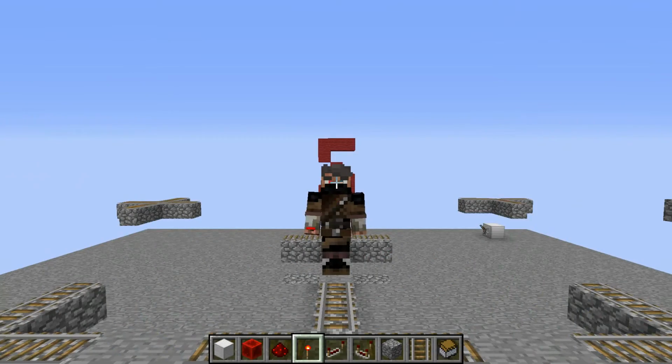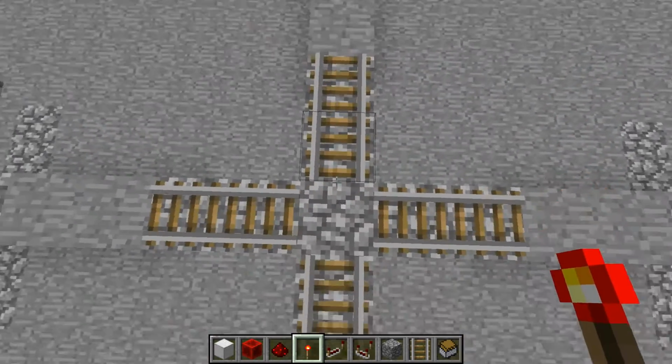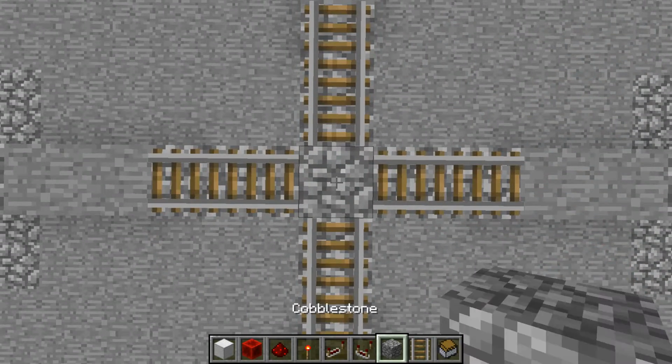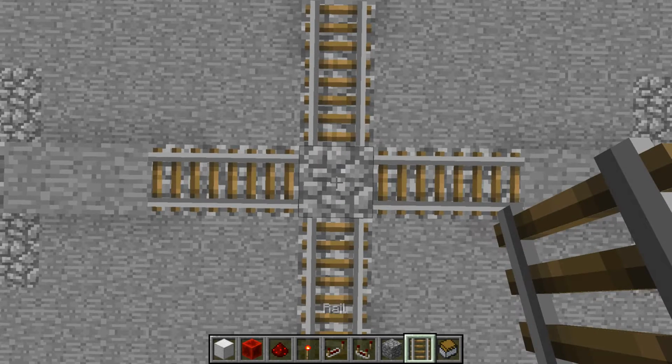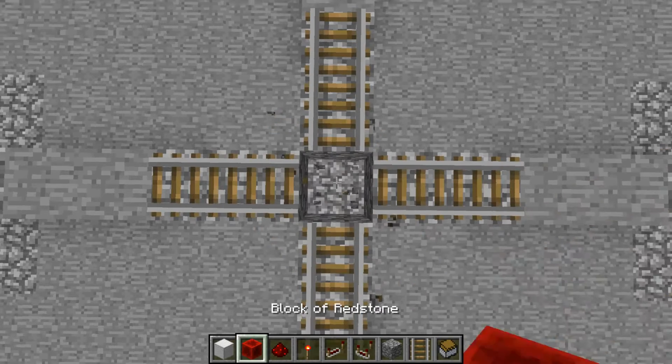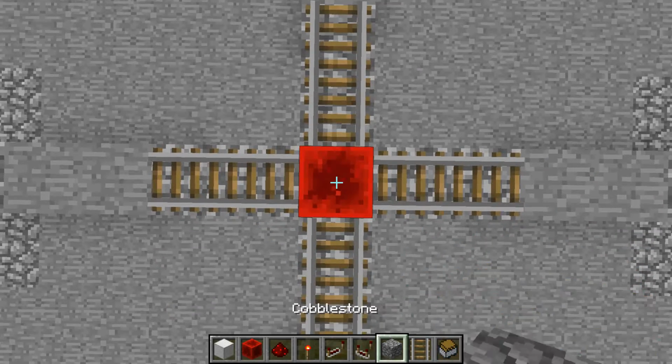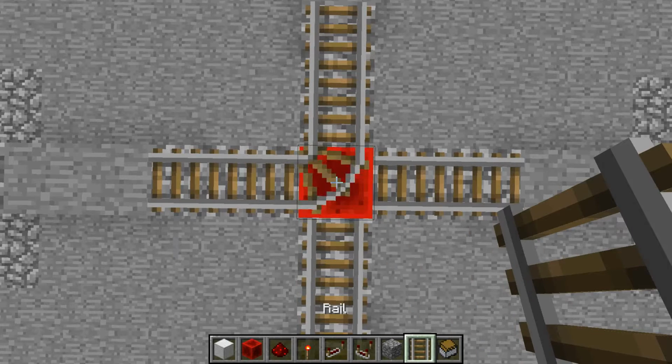Now, what are the basics? In my opinion, everything starts with what some people call the southeast rule. Here we have rails from all four cardinal directions meeting in a single block. If we place a regular rail on that center block, it will immediately align itself, connecting south and east. Now, if the block is powered and the rail is placed, it will align towards north and west.